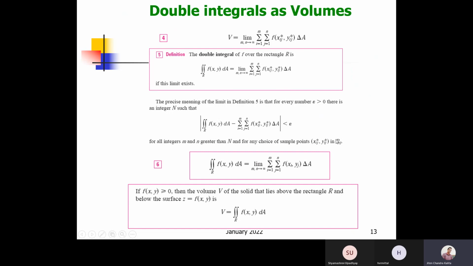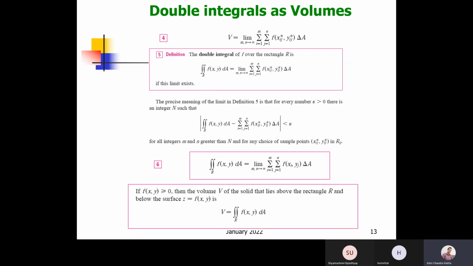So instead of an interior point in that rectangle, you can simply take the corner point xi, yj, right? So your definition 5 reduces to definition 6. Okay, and now you have to remember, this is the definition of a definite integral, definition 6. Here, I'm not roping in any idea